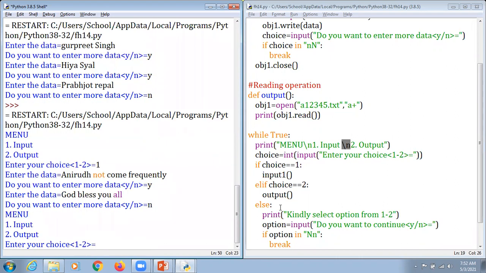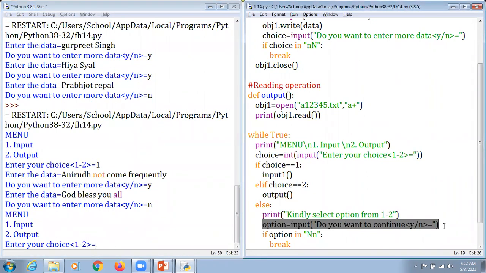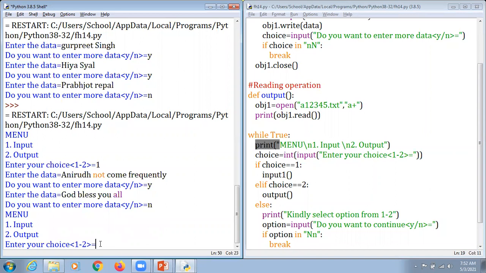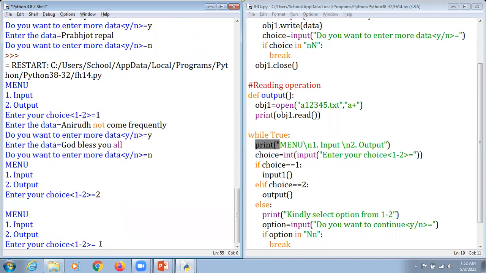and again the menu will come here, because we are asking for the option at that location, and when the option is not considered as N small or lowercase, in such a case it again goes back here, and displays the menu, and again performs the same thing. So what we do here, we are supposed to mention it as a 2 this time. Hit the enter key,